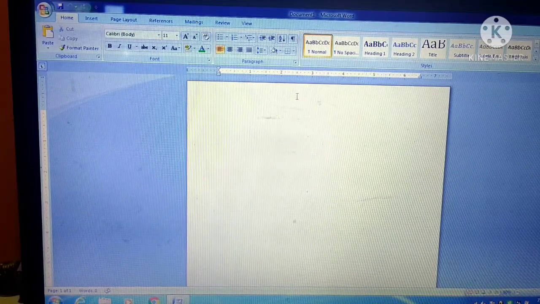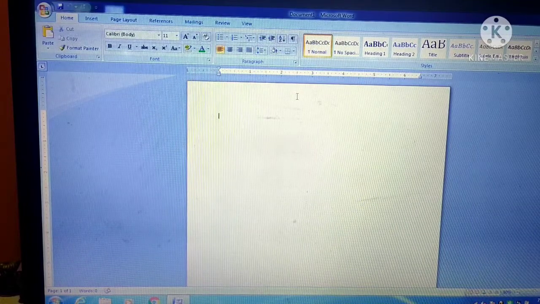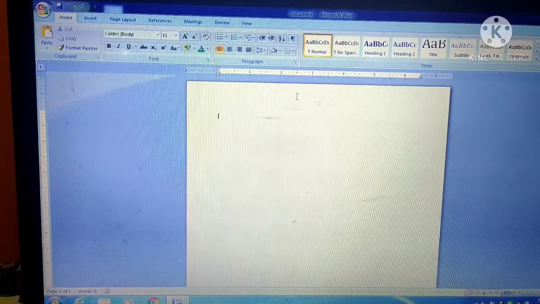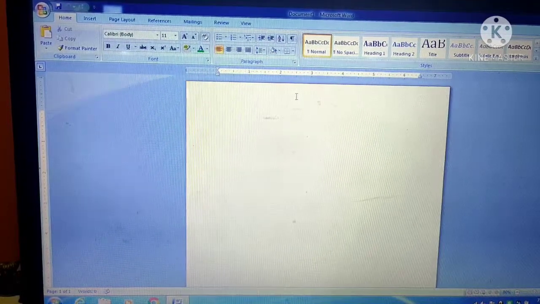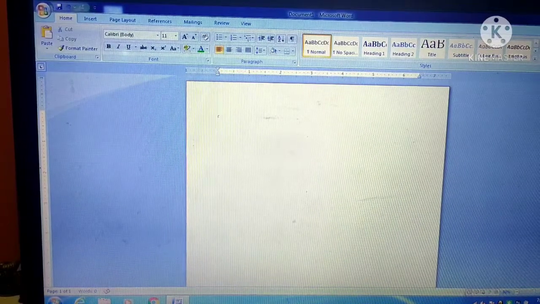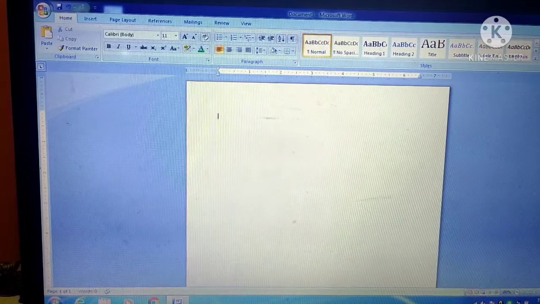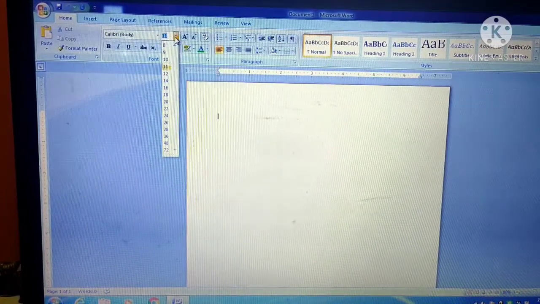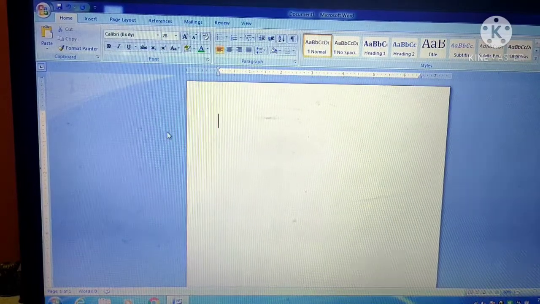For doing any kind of change, first of all, we must have some text that has to be edited. Let us first type some text. Let me first increase the font size so that you can clearly see what I am writing.